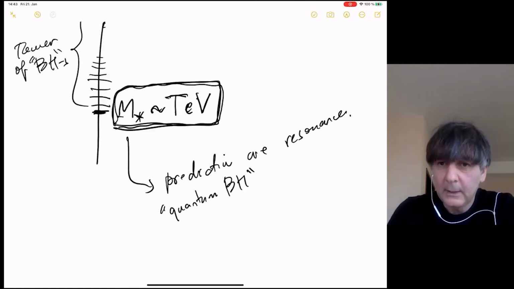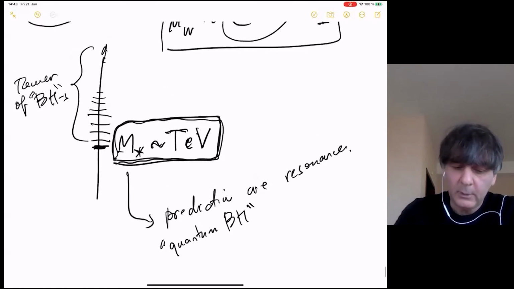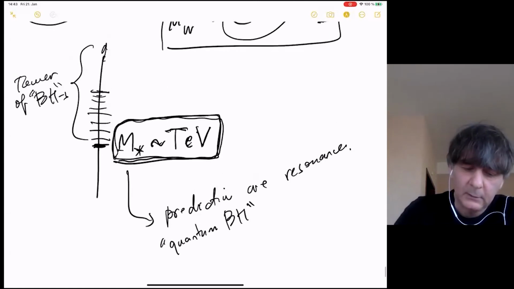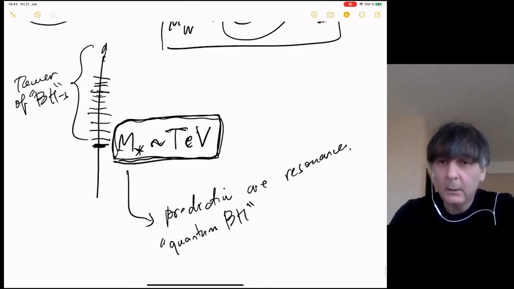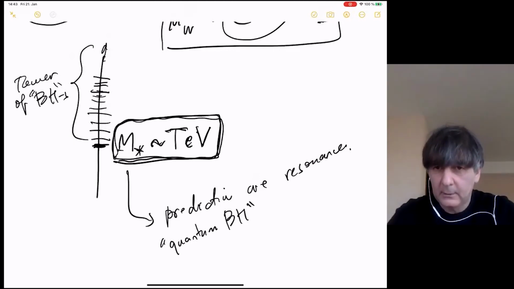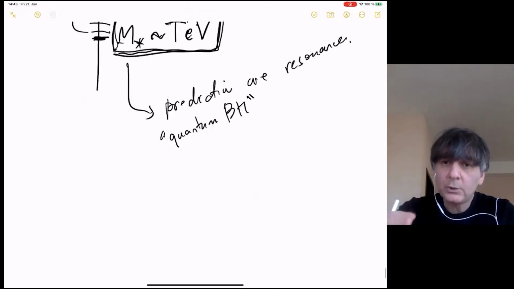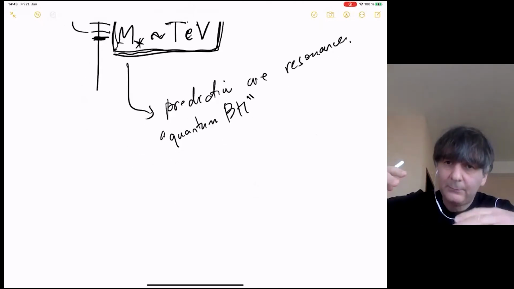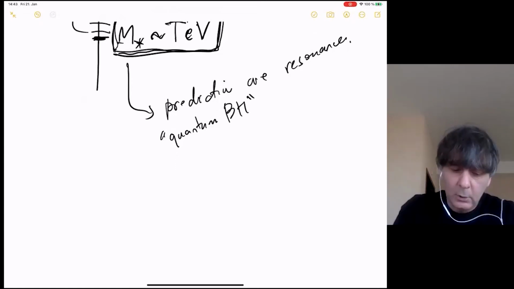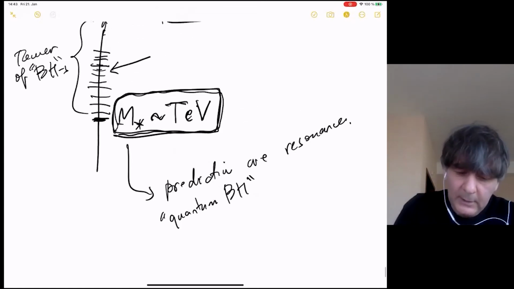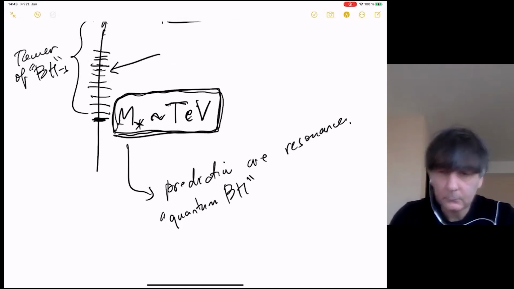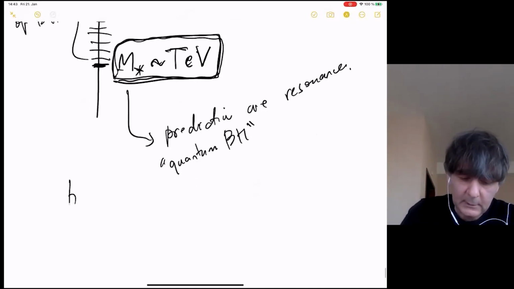Then this would be possible, because everything I discussed suggests that we should see a next resonance, and the heavier the resonance